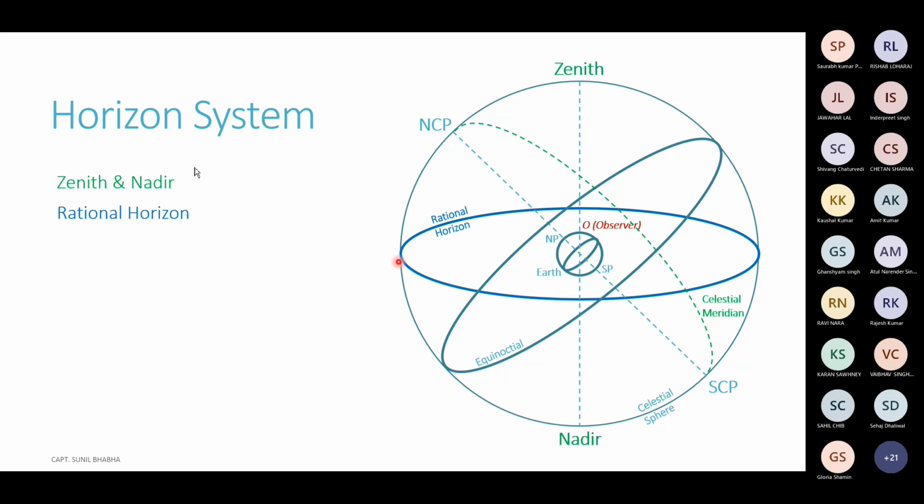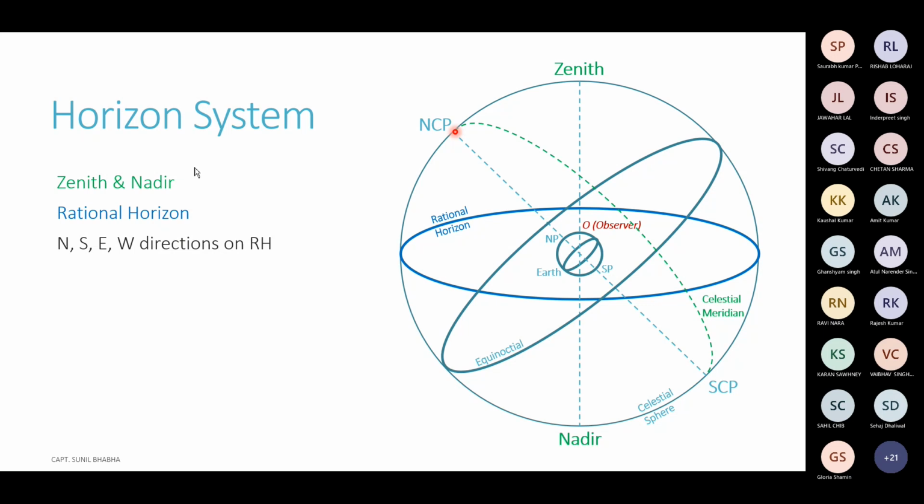Now let's go forward from these two references. We have the rational horizon and we have the zenith and the nadir. Now, let's try to specify a sense of directions basis the rational horizon. If you have the observer at this particular location on the Earth surface, and let us say this observer is looking at the sky in the northerly direction,